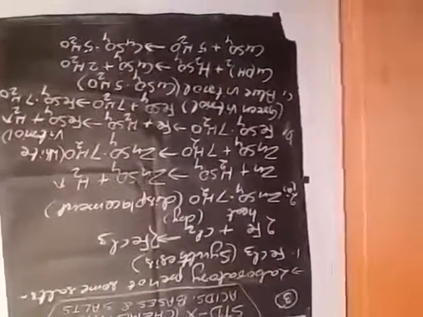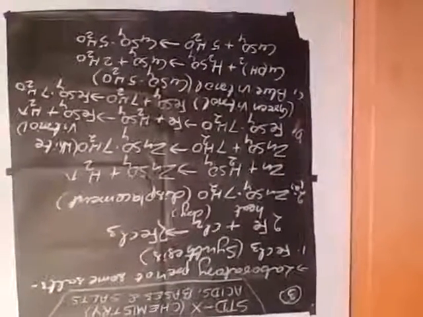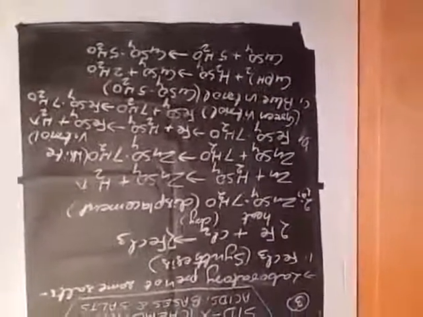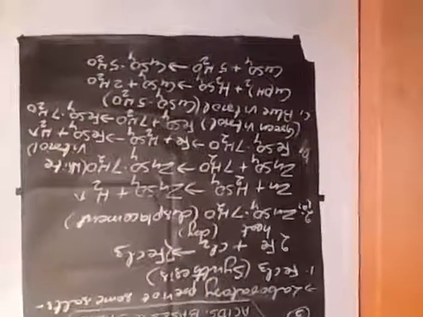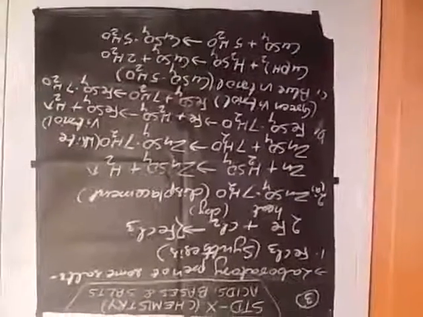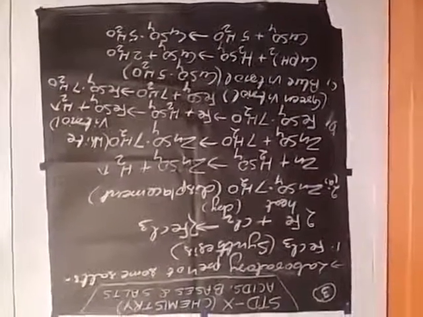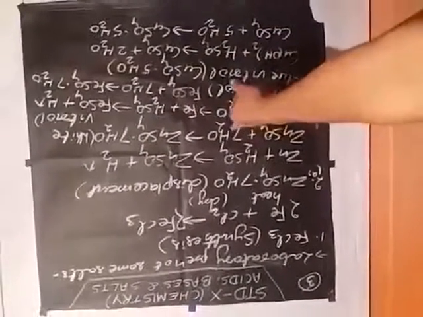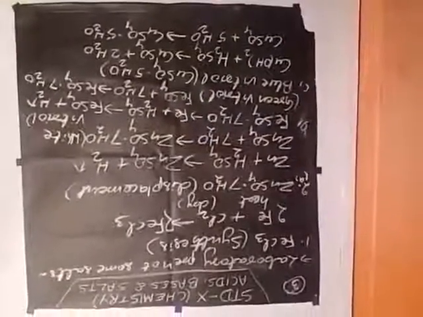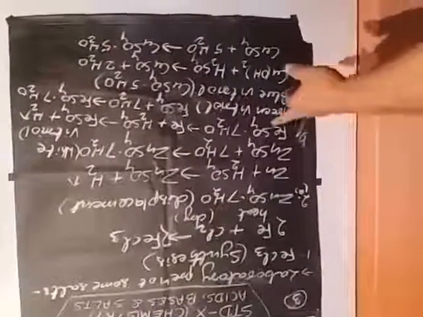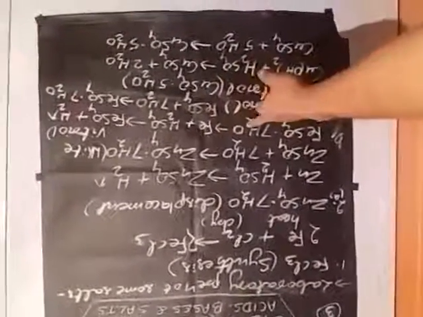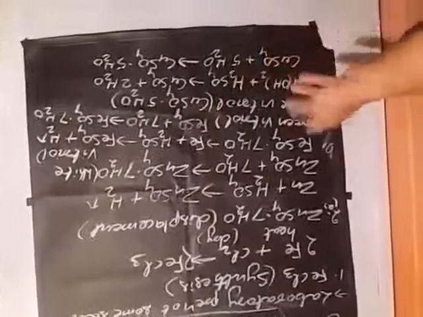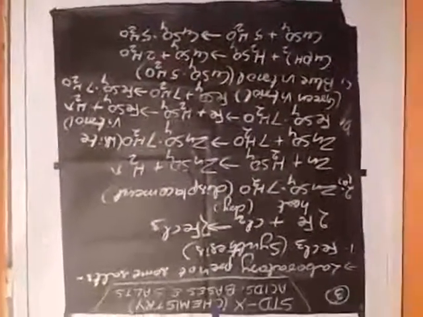Ferric chloride: heated iron is added with dry chlorine gas to form ferric chloride, that is the synthesis process. Then the displacement reaction: green vitriol, white vitriol and blue vitriol can be prepared by this method. Zinc added with sulfuric acid forms zinc sulfate and hydrogen gas. This zinc sulfate with 7 molecules of water forms zinc sulfate dot 7 water, that is white vitriol. Ferrous sulfate dot 7 water, green vitriol, can be prepared by the same method, and blue vitriol is also prepared by this method. That is the displacement reaction.